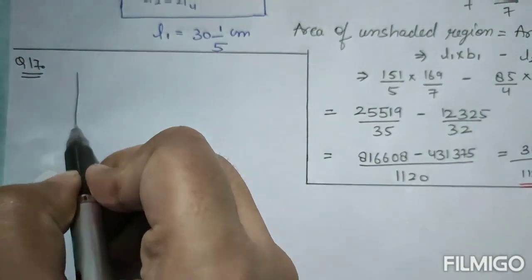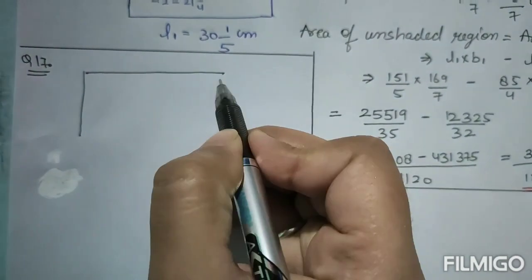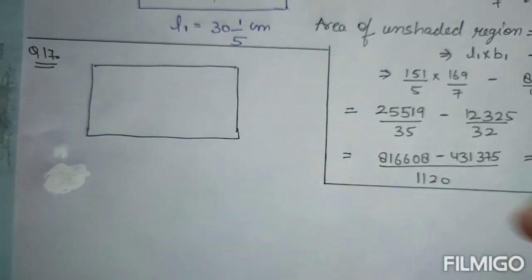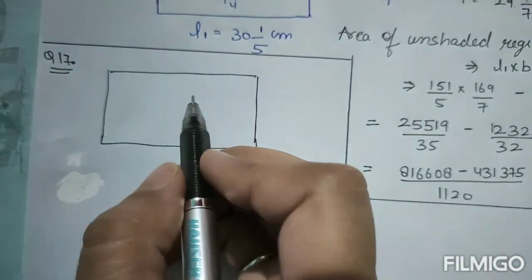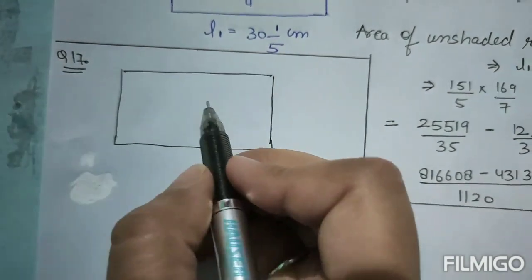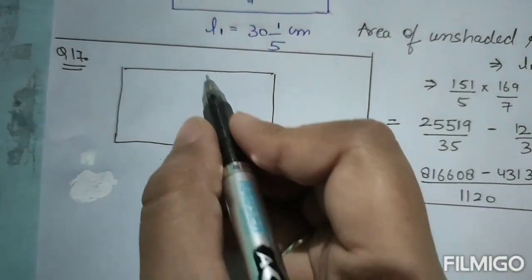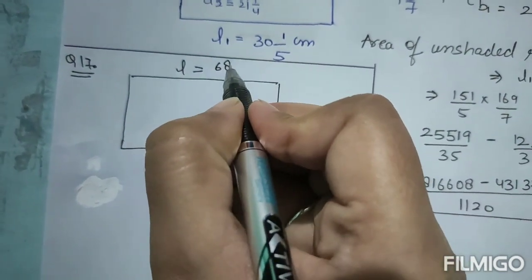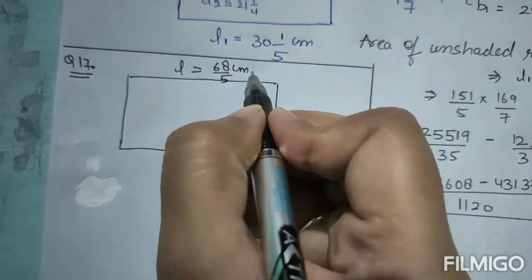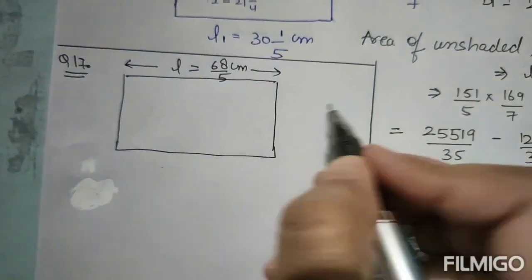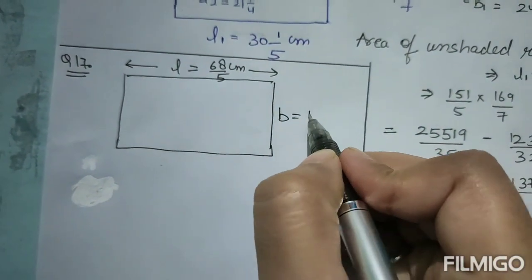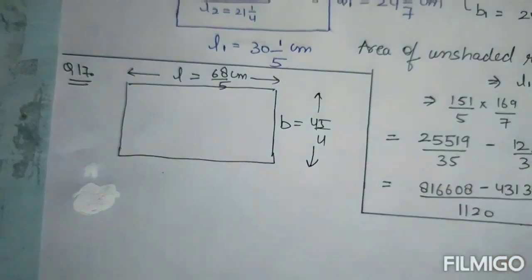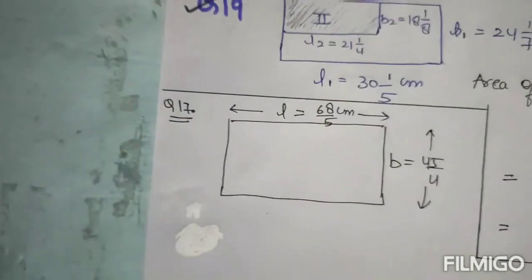First, try to understand from this diagram. Look, this is a rectangular cardboard whose length is given. Suppose this length is 68 by 5 cm. Clear? And its breadth is given, 45 by 4. This is the total. Now what you have to find is,